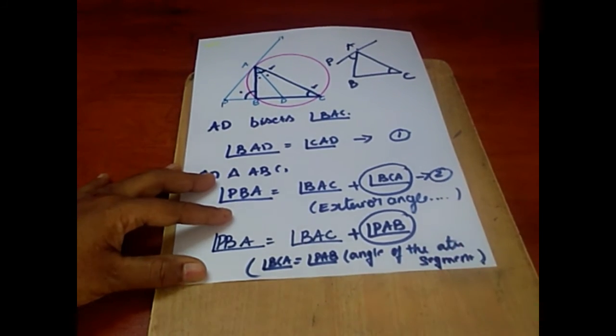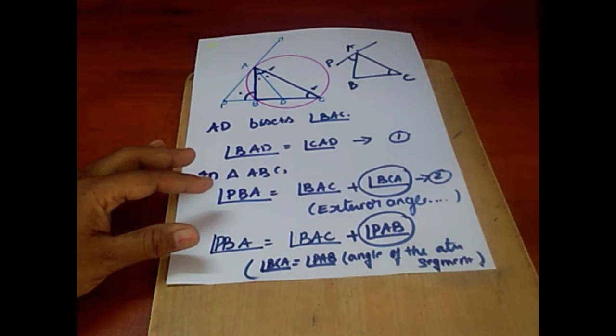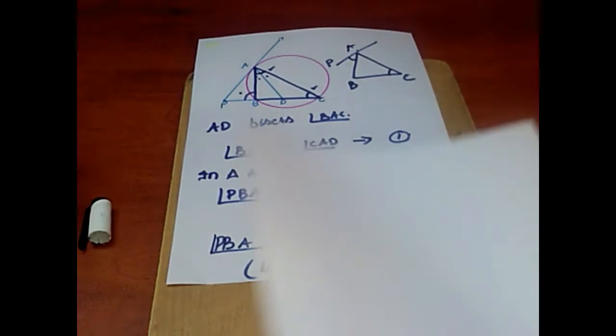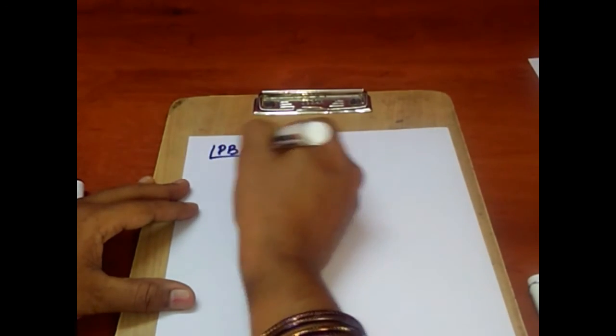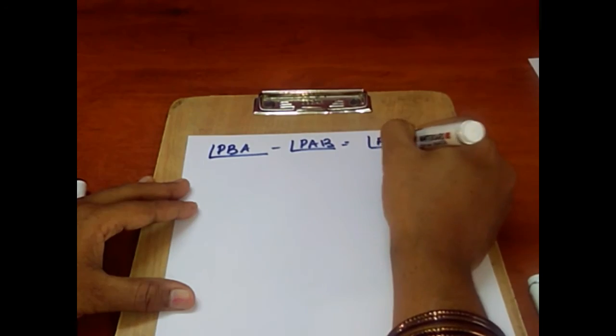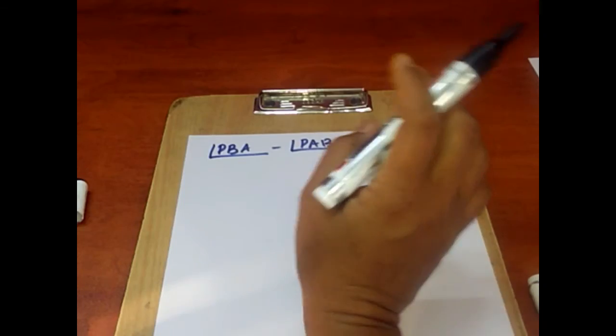Yes. Now observe what we need to prove. So PBA we got, PAB we got. So what is extra? That is angle BAC. First let us rewrite it in the proper way, children. The result what we have obtained: angle PBA minus angle PAB is equal to angle BAC. So on the right hand side, what we need, PBA minus PAB we got. Now only BAC is extra.